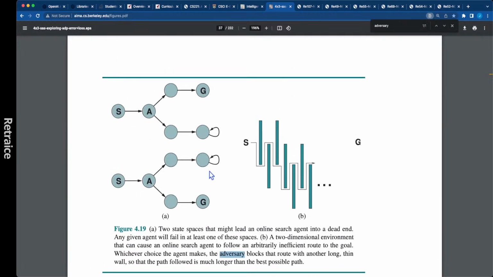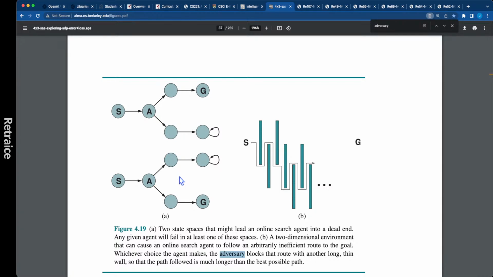When we talked yesterday about this diagram, how an adversary could construct, over here in the B part of the diagram, an adversary could keep constructing these walls so that you get to your goal state as inefficiently as possible, or the adversary could construct the whole maze-like environment so that when you're at this state A, you can't tell which way is the dead end, which way is the goal direction, and there's no backtracking, and so you have no way of making this decision. It's a coin flip. The game changes at this point.